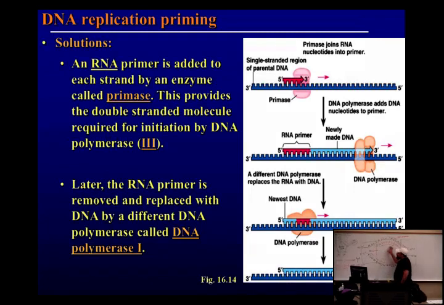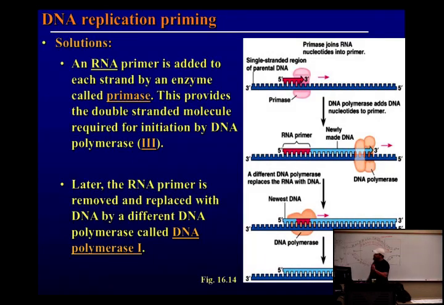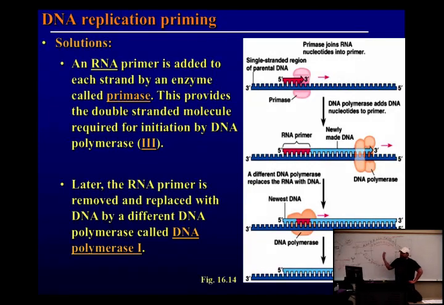So on the test, I'm going to ask you to distinguish between 2 different polymerases. One is polymerase 3 that does the main copying, and then there's another one, because we have RNA in our DNA now. So do we want to keep RNA in our DNA? Why not? What's wrong with RNA? You guys are RNA haters? Well, that's true, but the main problem is that RNA is different from DNA.